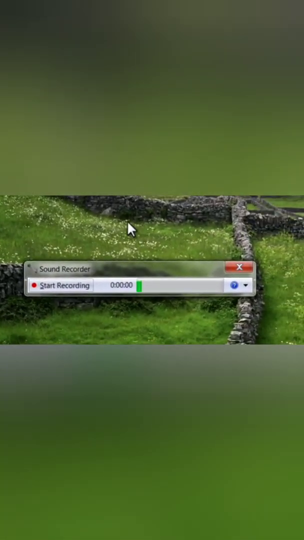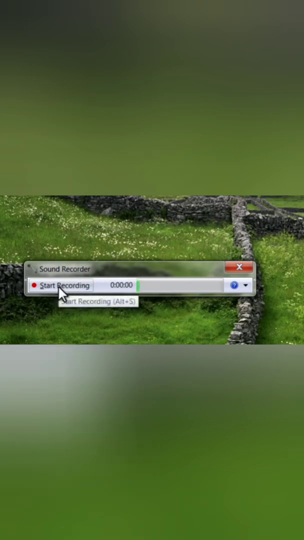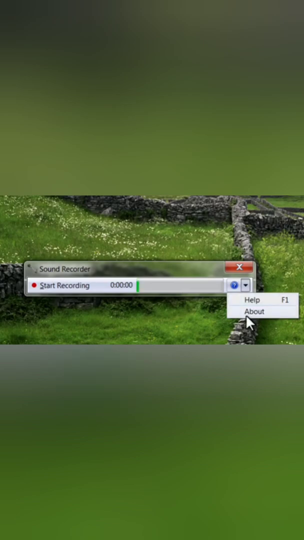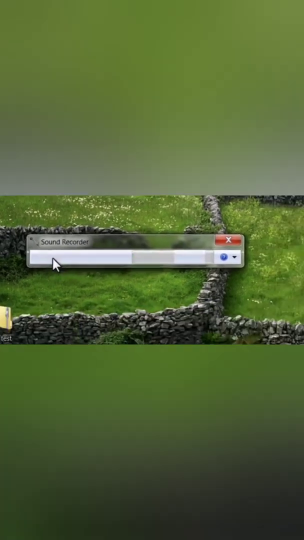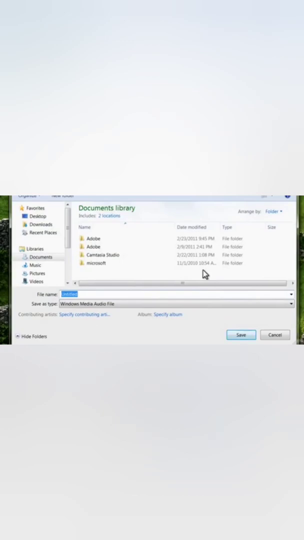See, start recording. A small box is coming there. Before starting your recording, click on the start recording option. After clicking the start recording option, see that option is changed to stop recording. See, then your time is going like this.